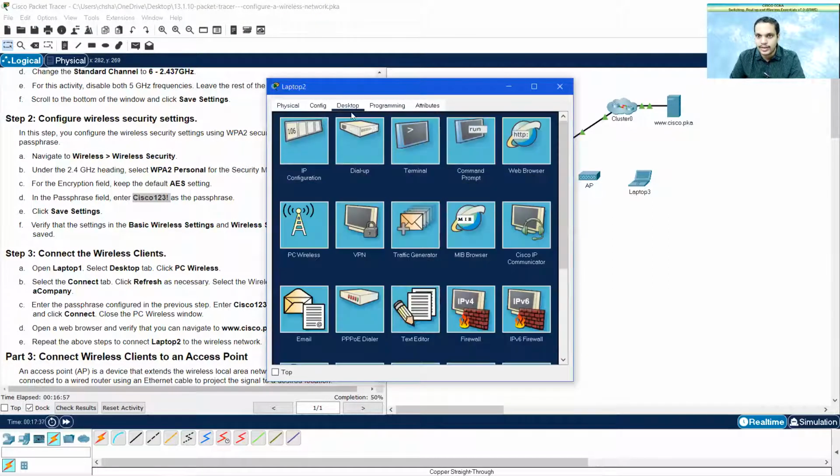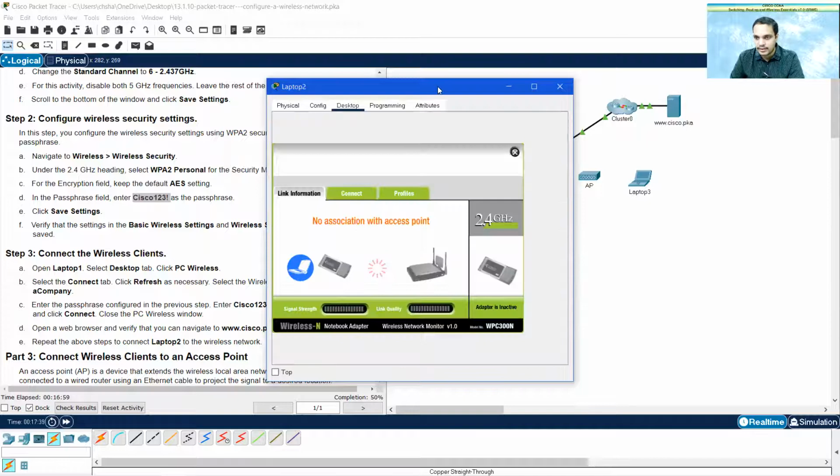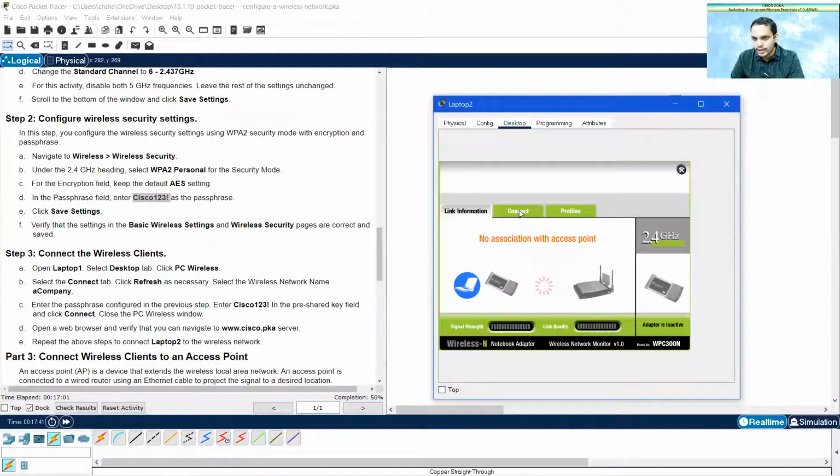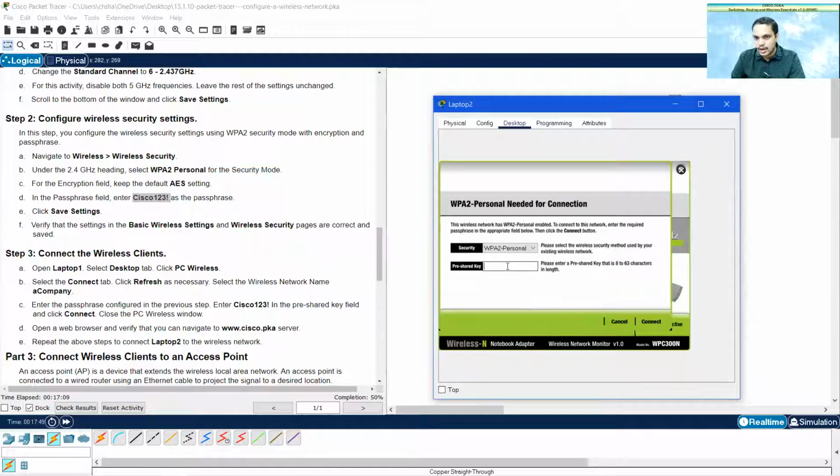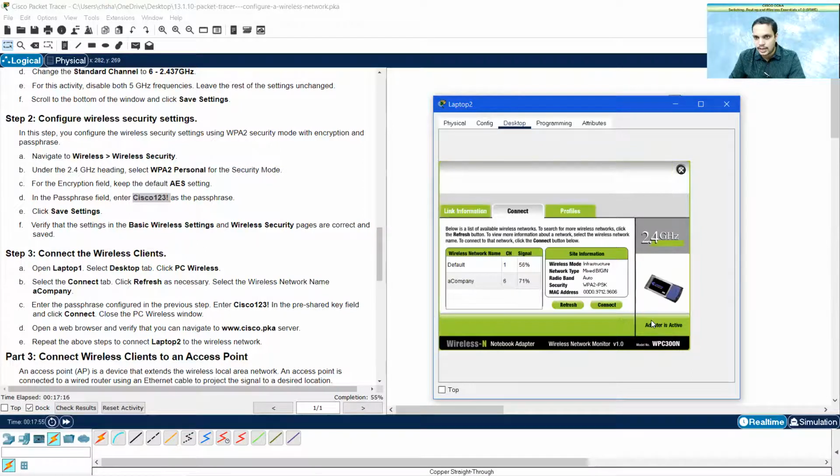So let me go into the desktop tab, PC wireless, and going to the connect and refresh. Let me see if my SSID comes into play. Yes, you can see the A company one. Then click on connect and give the Cisco 123 exclamation mark, connect. So then once again, you see the adapter is active.